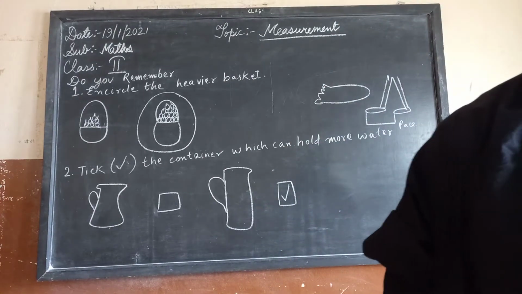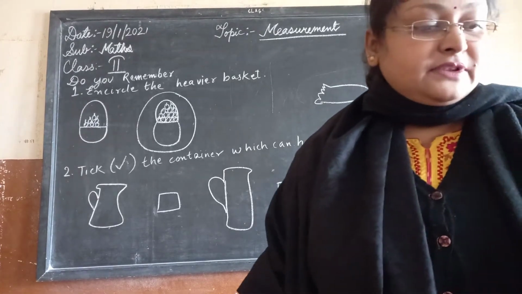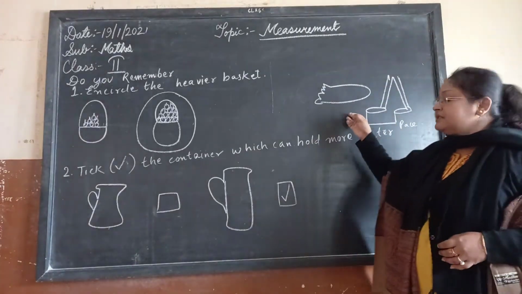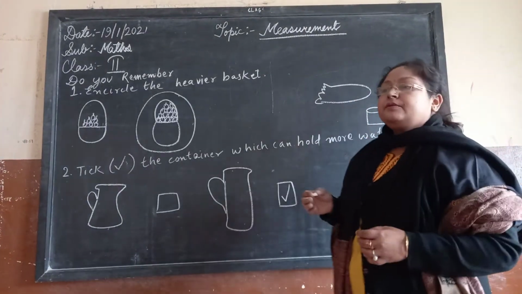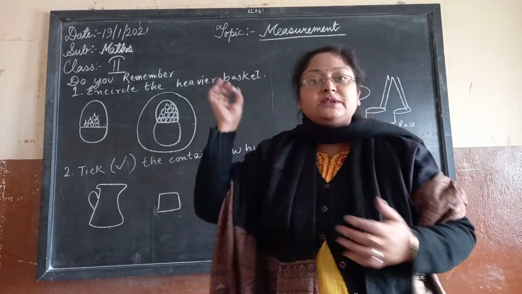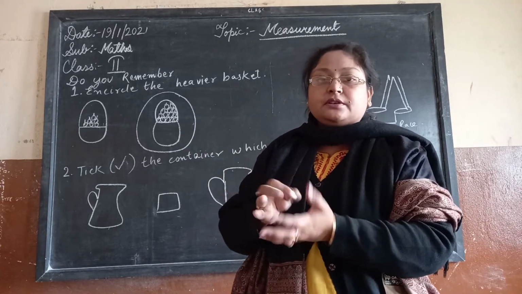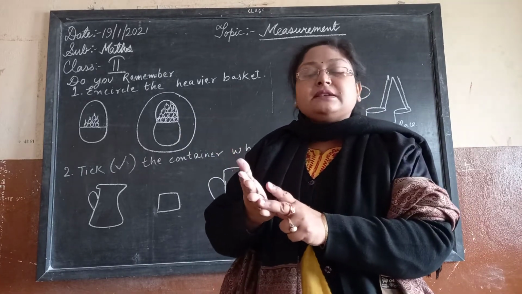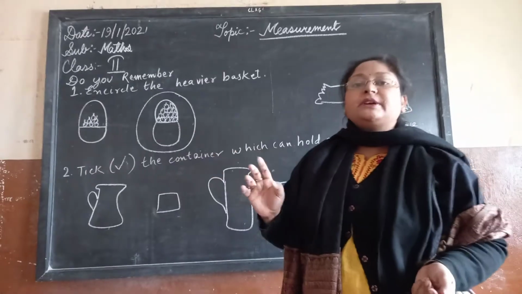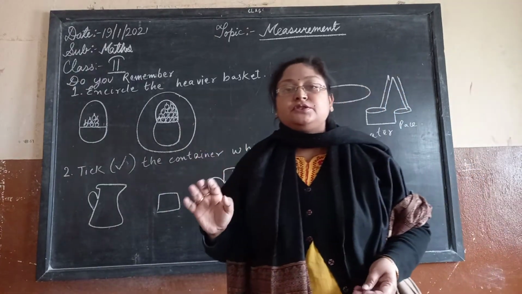The need for standard units of measurement is very important because we all have different arms. I have an arm, this particular palm length, of 5 centimeter. Somebody will have 6, somebody will have 7. So it is not fixed to a particular person. This is the reason why these units are not taken into consideration.